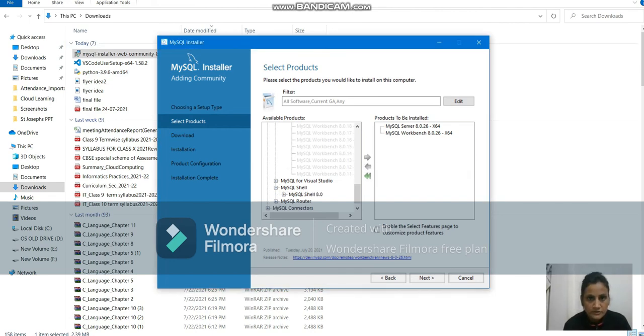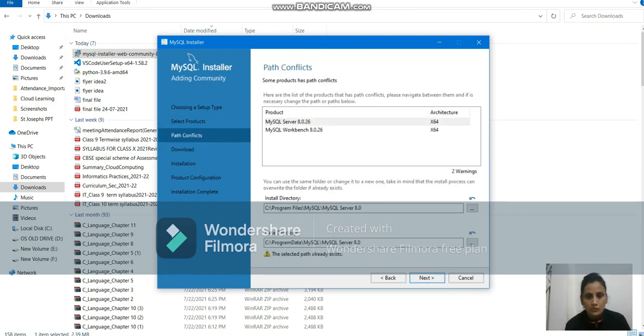Now is the shell, and yes, we do want a shell also. So hit on the first one here itself. So these three only we want. Okay. Now move to the next. Now next what you have to do is,